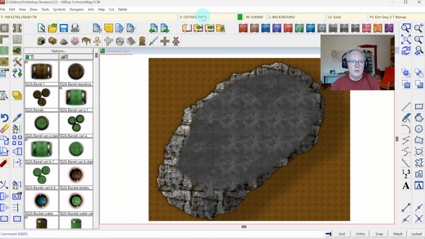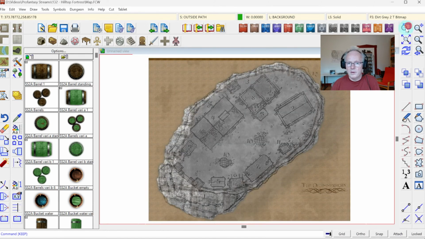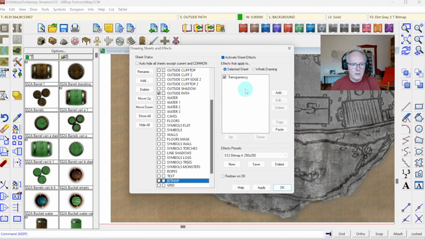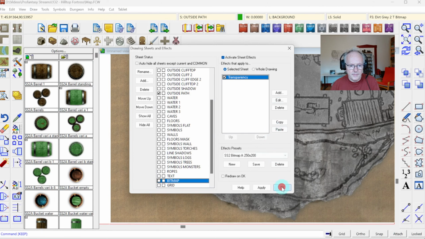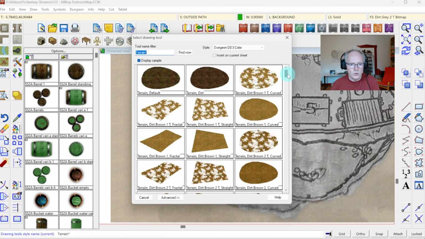Right, and I'm gonna show my bitmap here again and zoom in here, and I'll probably need to make it a little more obvious again, so let's do 50% transparency. Yes, I see the path going up here towards the top, and for that I'll take a terrain texture again, and I'm going to use a dark brown